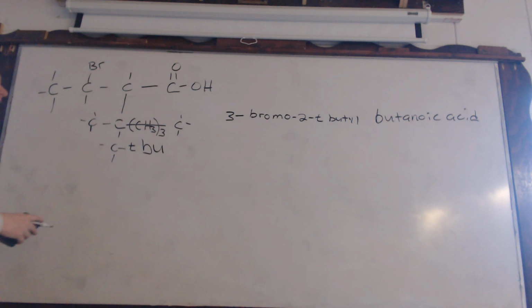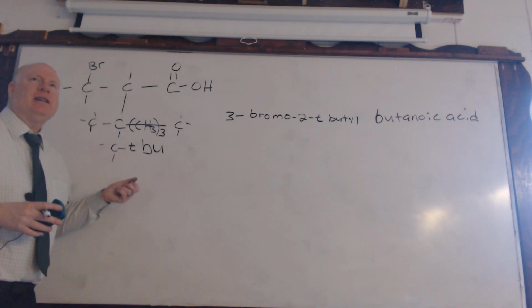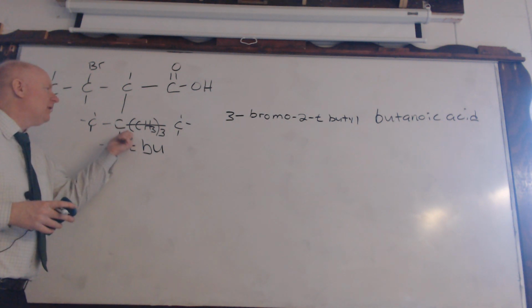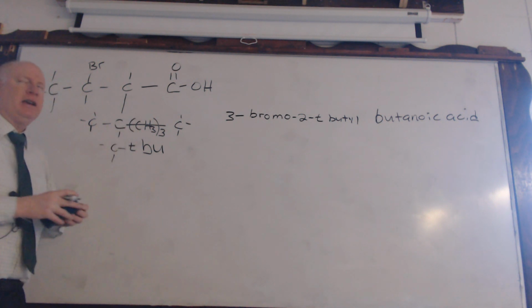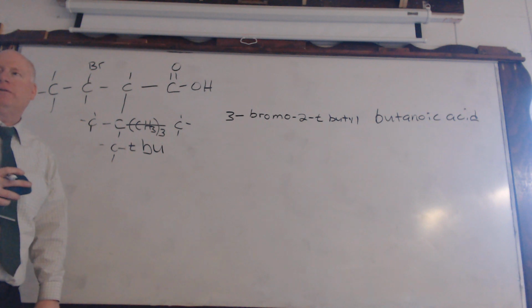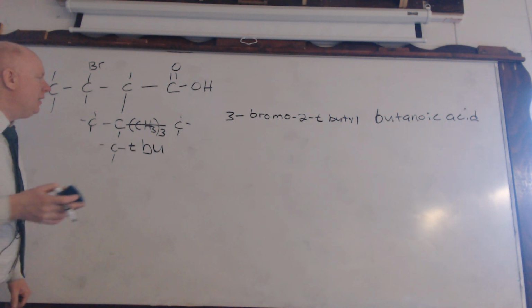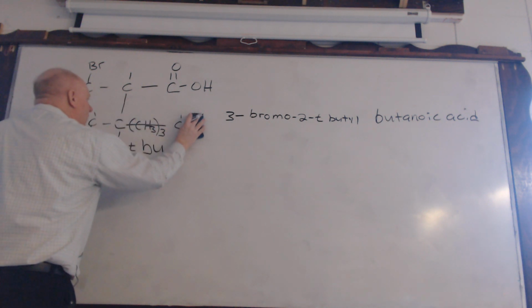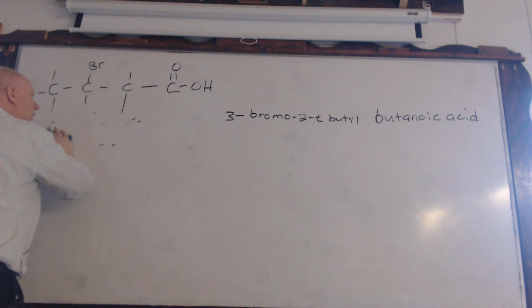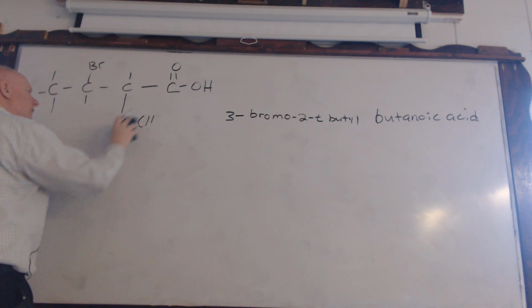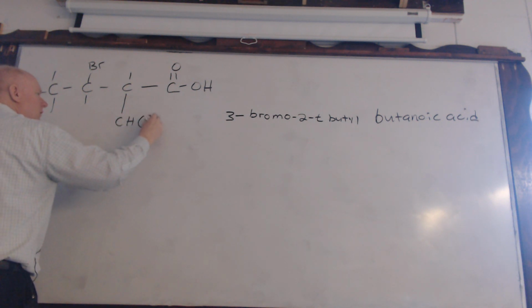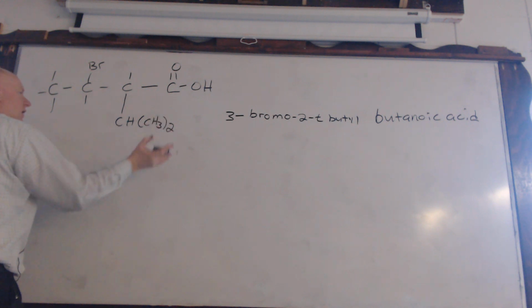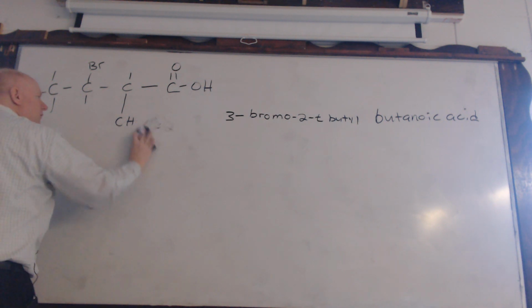I was struggling in my mind because I was trying to remember, and then it just popped in my head, well, I'll just make it a tertiary butyl. But anyway, if we wanted to make that isopropyl, there's two different ways you could do that. That's this. That's an isopropyl group,